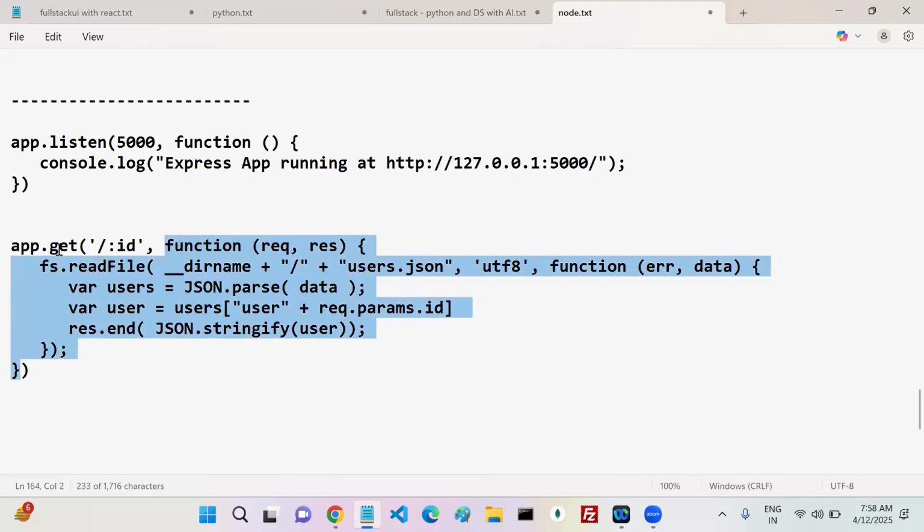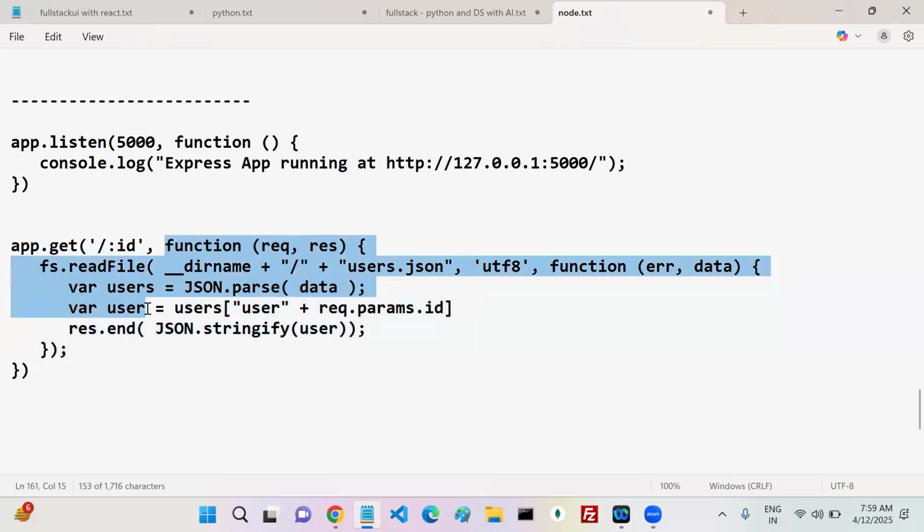This function you are passing to whom as a parameter? Another function, get, right? You are passing this function as a parameter to get. One function you are passing as a parameter to another function. That function we can say is a callback. So this one is a callback, right?